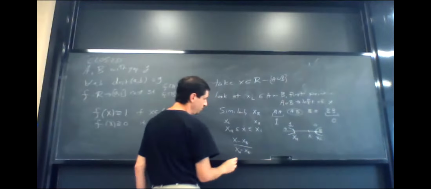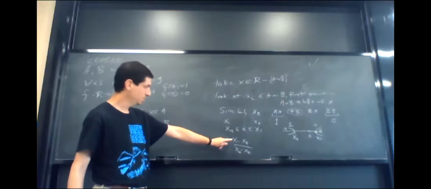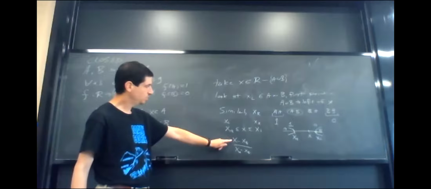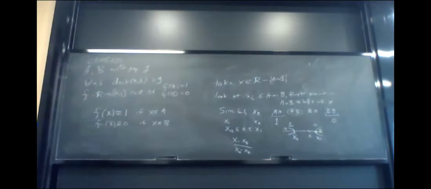So if I do it like this, when X equals XA, I get 1. When X equals XB, I get 0. I think that works. And it's a line. So that would be a function, and so that would linearly interpolate it. So this works if we have a gap. Is there any other way to look at these gap functions?